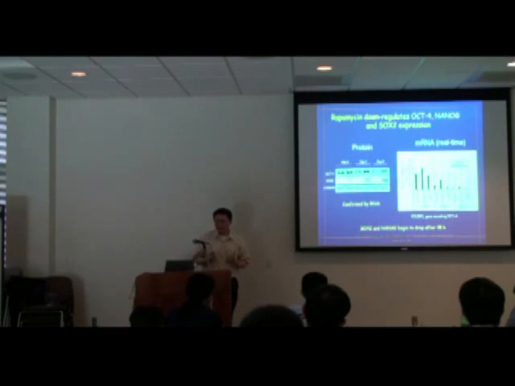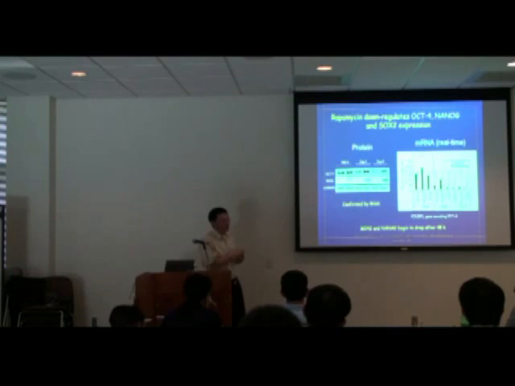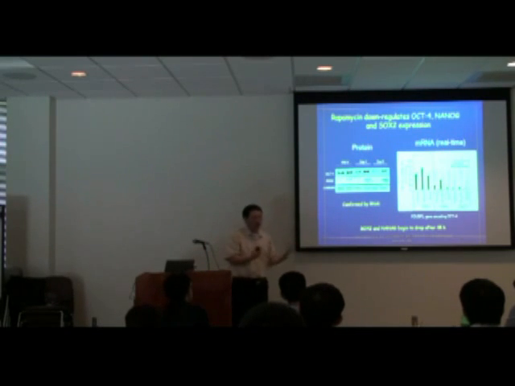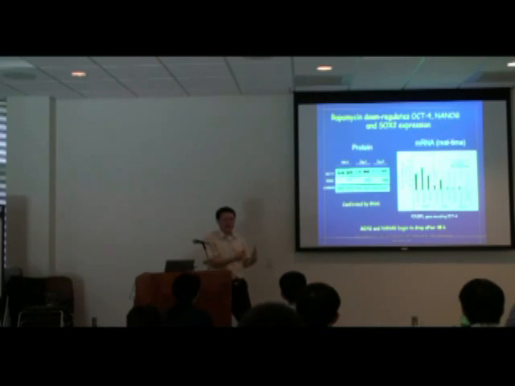Of course, you want to do this in a more quantitative fashion, and this is what we did. You look at the level of OCT4 and SOX2 by using Western blot. And as you can see here, on day 4, the level of OCT4 and SOX2 begins to down-regulate pretty dramatically when compared to control cells. And on day 6, the reduction was even more dramatic. Does that make sense? Okay, and then you can also look at the mRNA level using real-time PCR. The bottom line here is that all these black bars represent rapamycin-treated cells, and they're greatly decreased, indicating that indeed pluripotency genes are reduced, cells are differentiating.